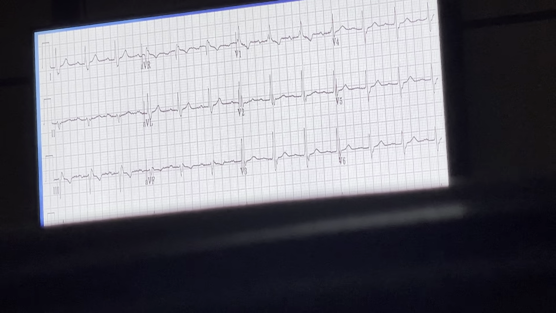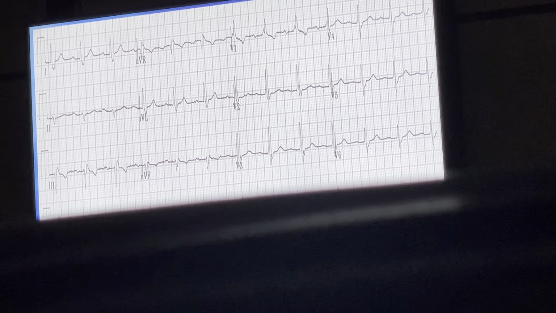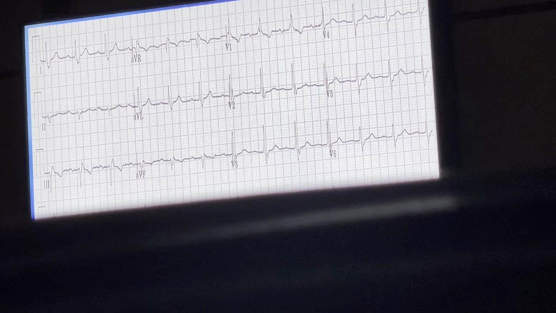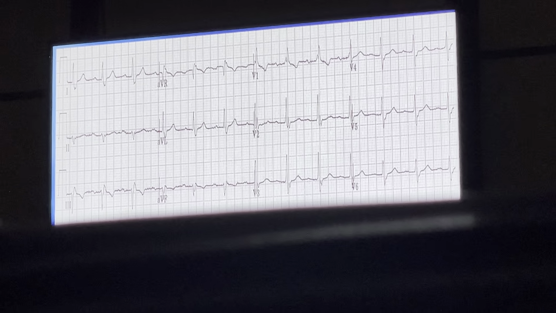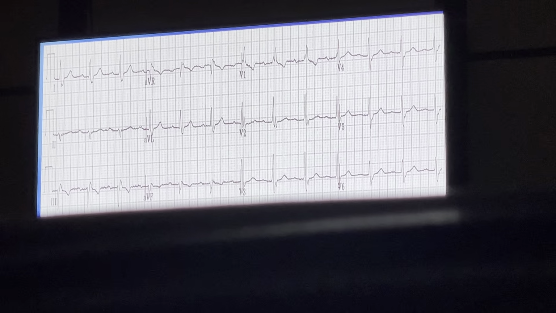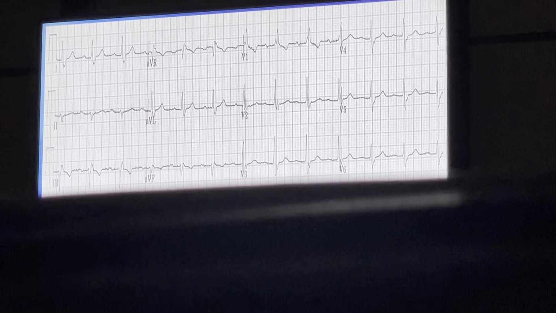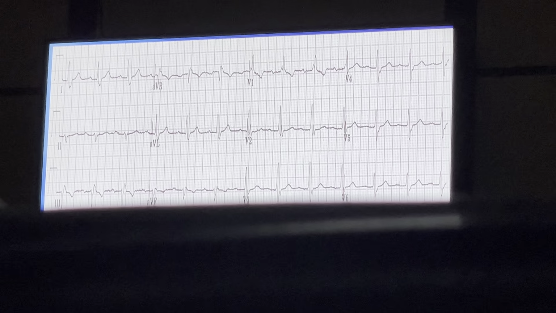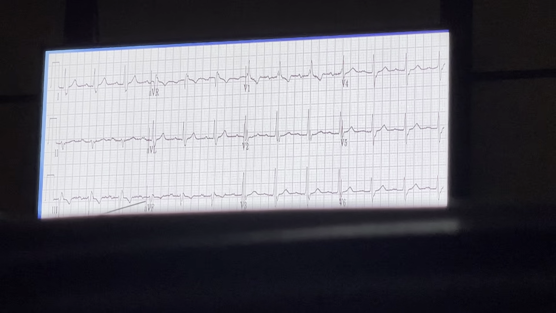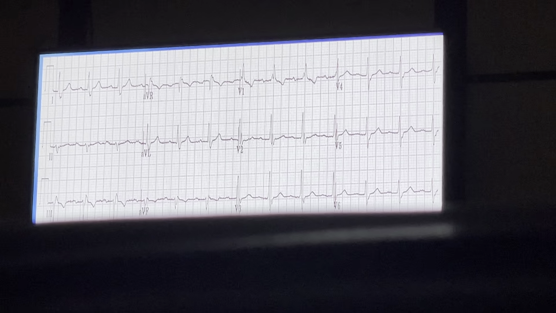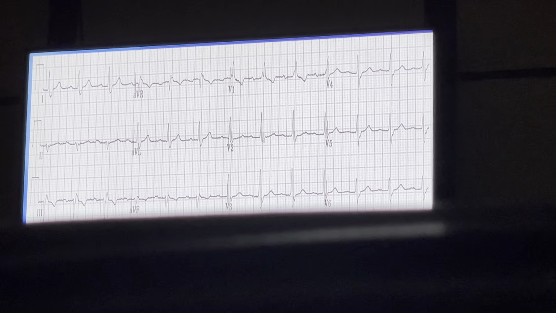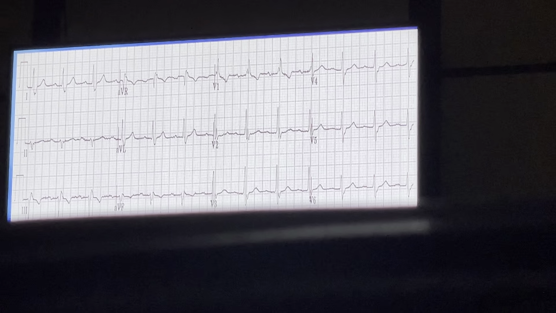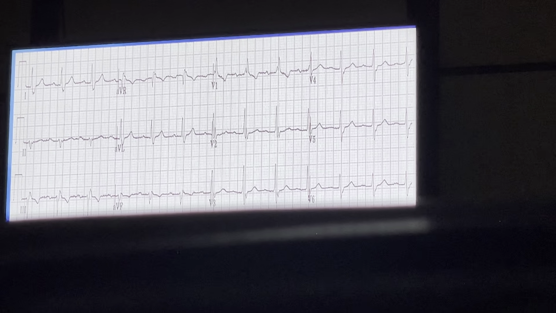So whenever you see a bundle branch block, then go and see the other changes which might be there. Sometimes there is a confusion between left anterior and left posterior fascicular block, we have discussed already. So whenever you see the right bundle branch block, first see the ST-T changes, whether they are primary or secondary, and then see whether there is additional axis deviation or fascicular blocks or the PR prolongation. So whenever you see the bundle branch block, don't call it isolated until you have seen all these things.